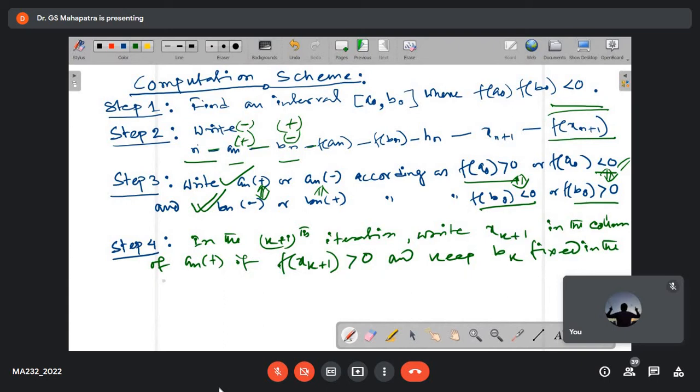Okay, now in the column of b minus, b n minus. So now you just see we are replacing a n plus. What will be the situation if it is reverse? Okay, now otherwise